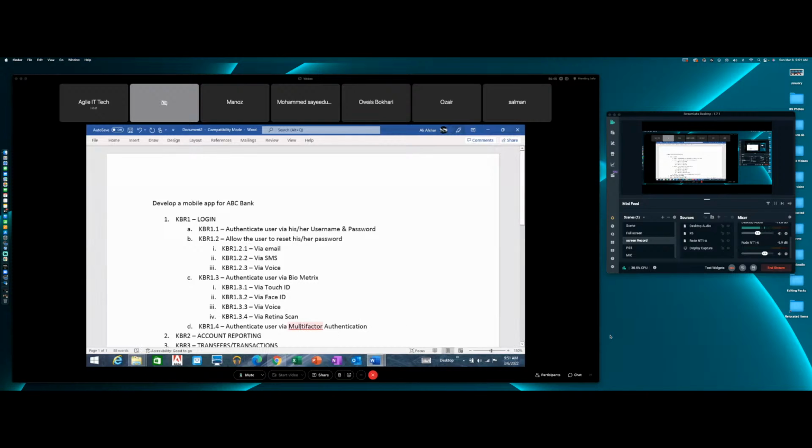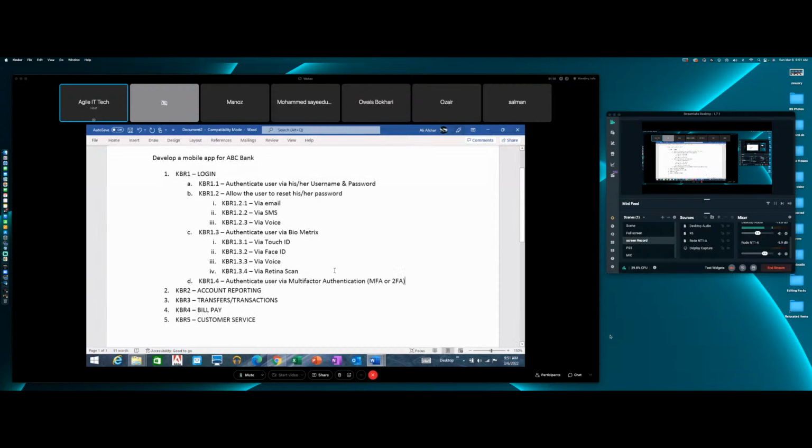Multi-factor. And this one is called MFA. Multi-factor or two-factor. Okay? Meaning you're going to be utilizing more than one method to